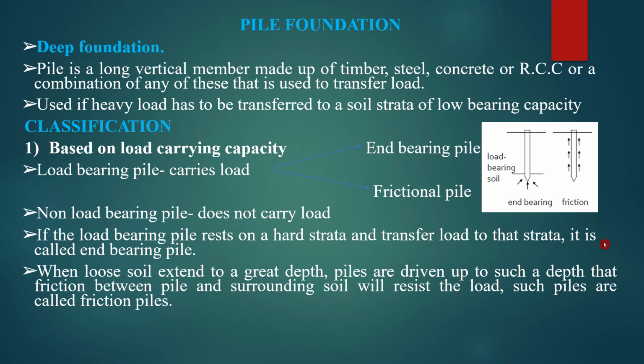In the case of an end-bearing pile, the load from the superstructure is transferred to a deeper strata, like a rock strata, at a deeper point through the help of long piles. Suppose you are unable to find a hard strata below the ground at a higher depth, then we can go for a friction pile. In a friction pile, the friction between the perimeter or circumference of the pile and the soil will take the load.